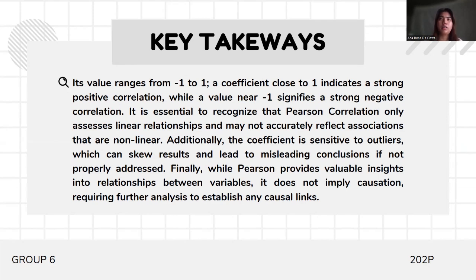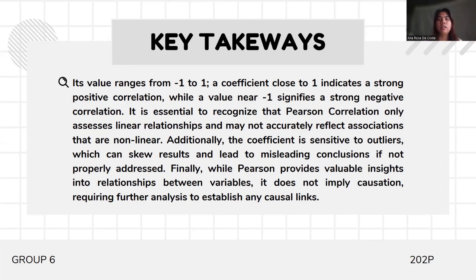It is essential to recognize that Pearson correlation only assesses linear relationships and may not accurately reflect associations that are nonlinear. Additionally, the coefficient is sensitive to outliers, which can skew results and lead to misleading conclusions if not properly addressed. While the Pearson provides valuable insights into the relationship between variables, it does not imply causation, requiring further analysis to